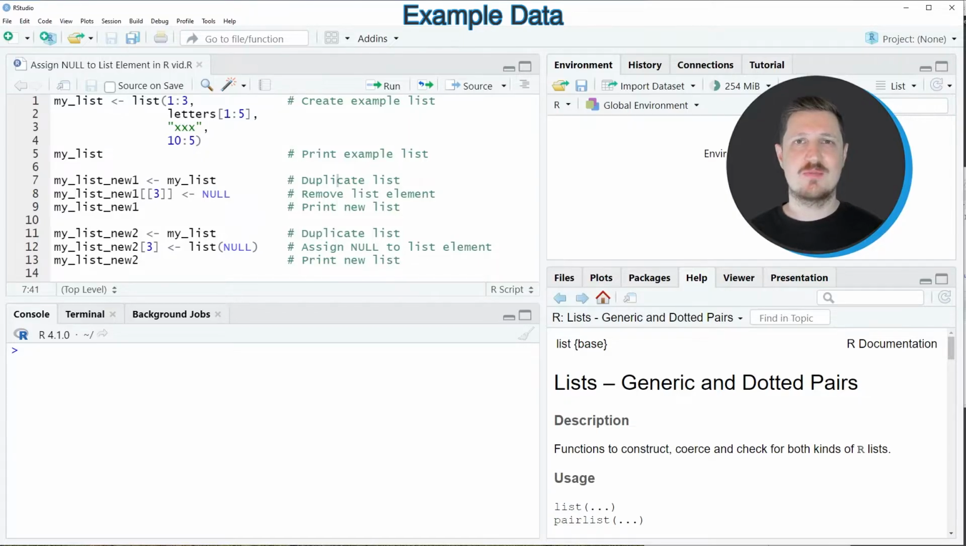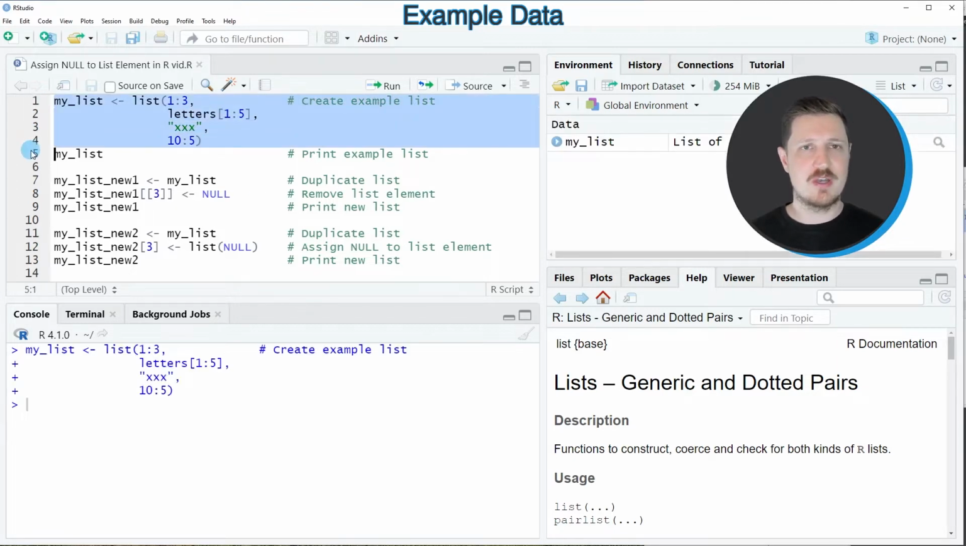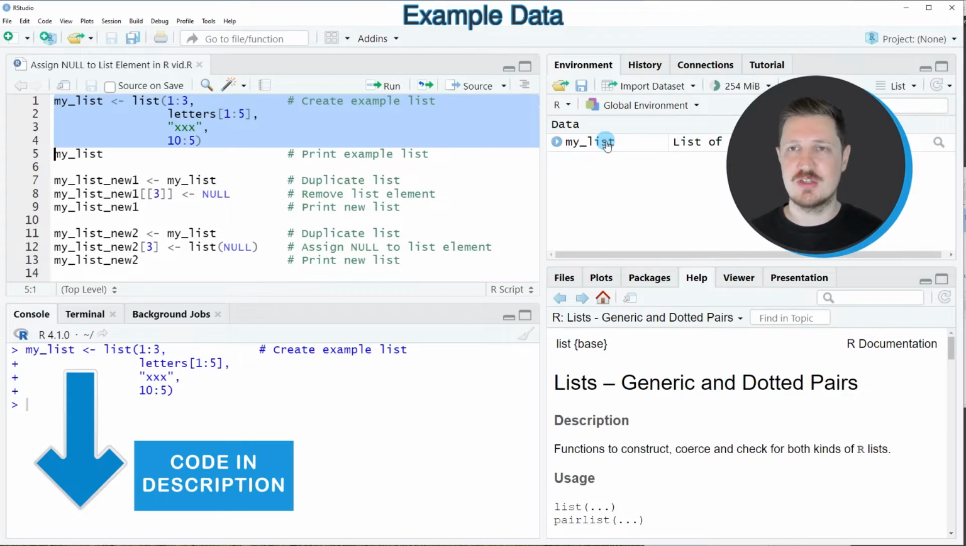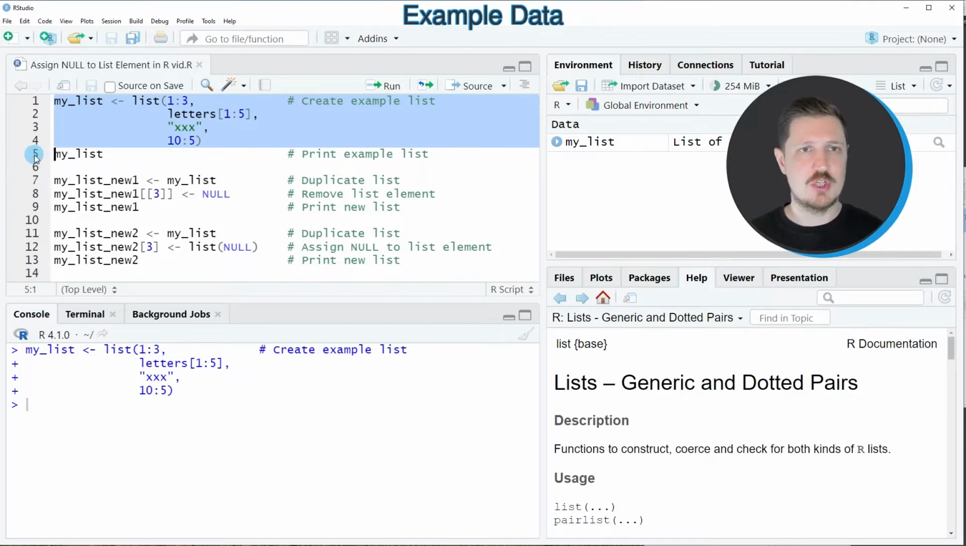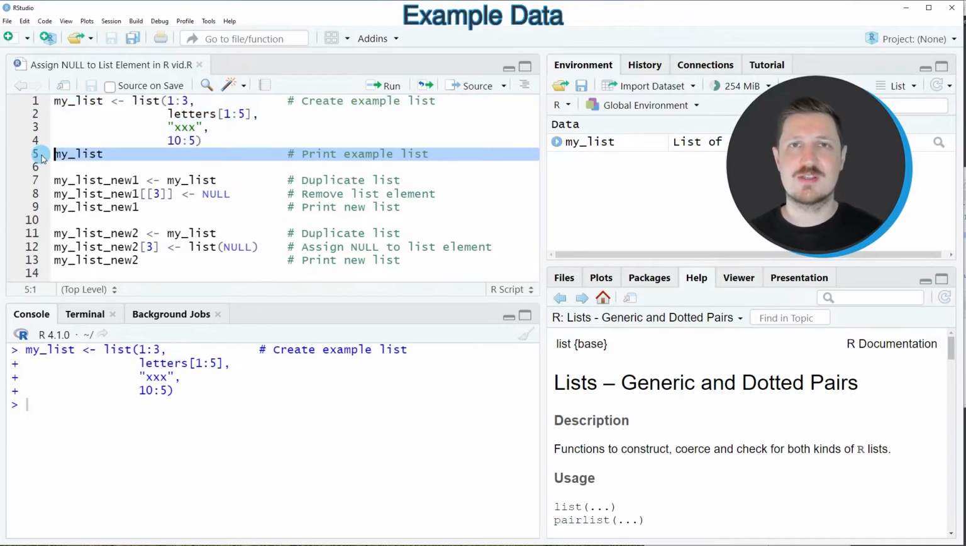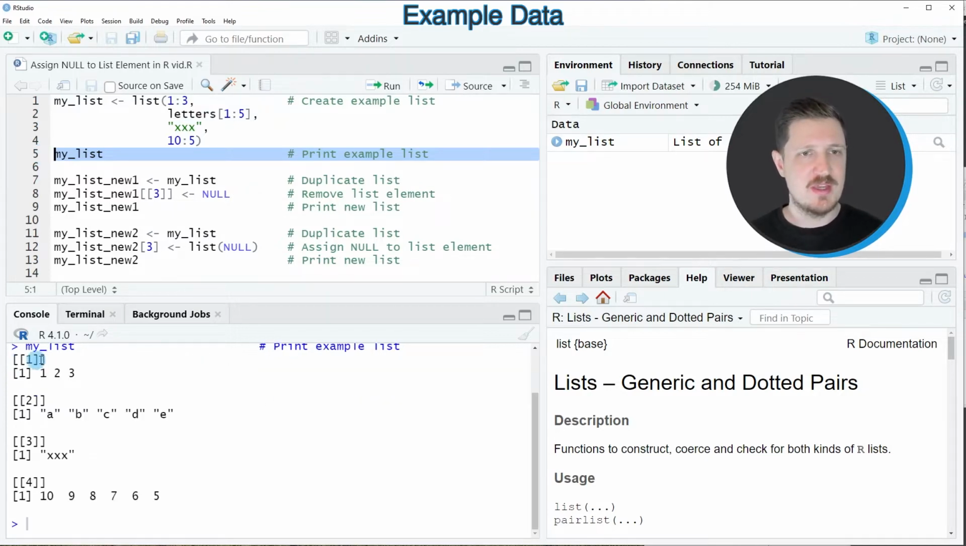As a first step in this tutorial, we need to create an example list, as you can see in lines 1 to 4 of the code. After running these lines of code, a new list object appears at the top right, called myList, and we can print this list to the console by running line 5 of the code. Then you can see that our list contains 4 different list elements, and each of these list elements contains